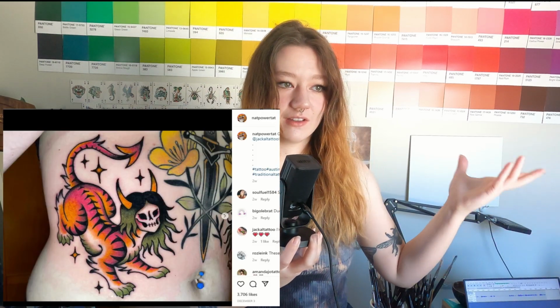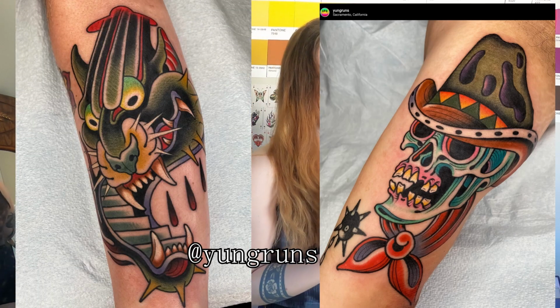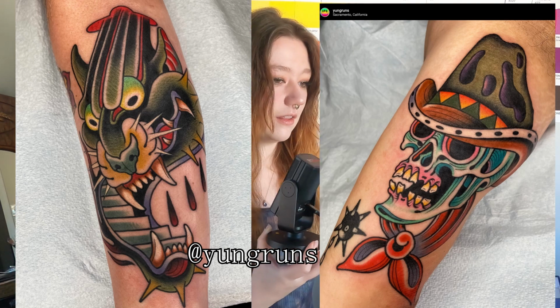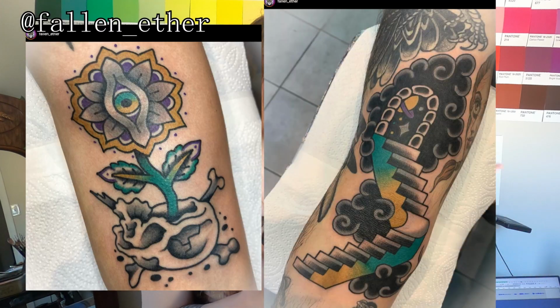There are artists that are using their own signature color palettes and still coming out with great results in what I would call traditional tattoo. There are many artists that twist the subject matter in a psychedelic way, but still have the same style of shading and the same style of line weight as traditional tattoos. Occasionally there will be multiple line weights, but that doesn't mean it's not a traditional tattoo. And then there are other artists that use pretty much exclusively their own color palette and subject matter that is maybe not as common. And then there are artists that still practice the American traditional look,